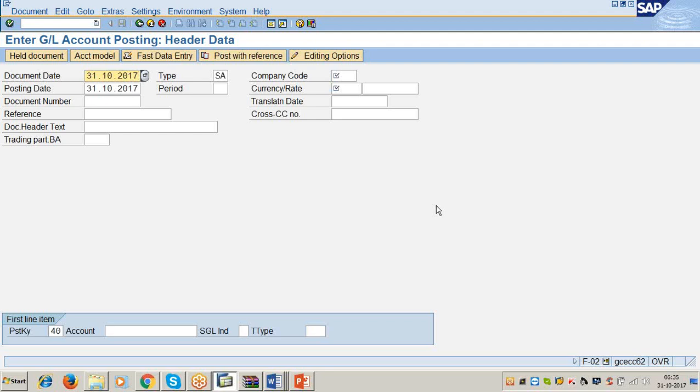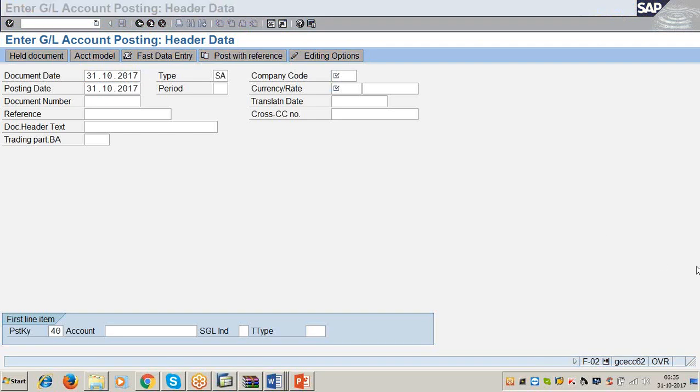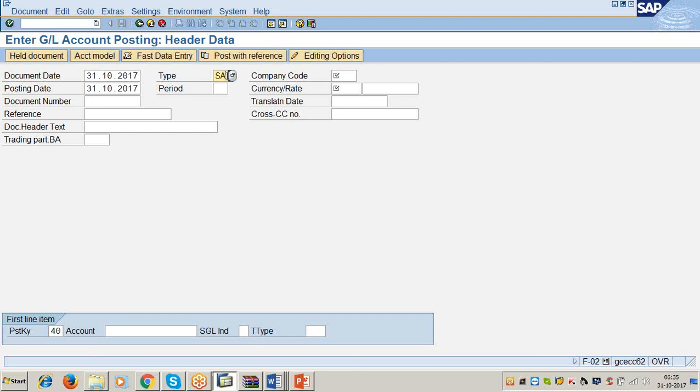What we are discussing here is how a foreign currency transaction, when it is incurred, is to be converted into company code local currency. There is no concept of historical accounting rates and current accounting rates in this context. Type is equal to SA.